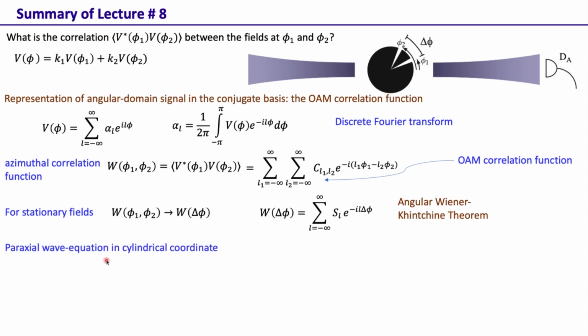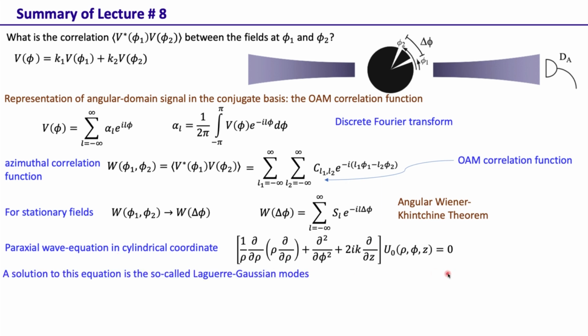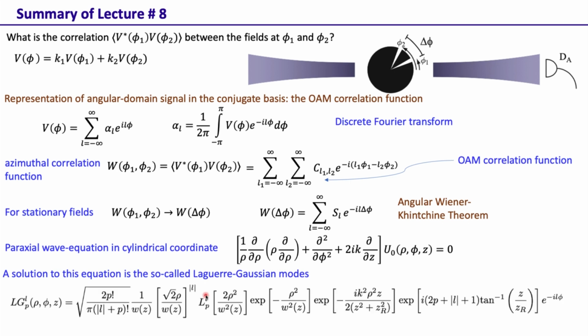Okay, then in order to find the physical mode that represents this e to the i L phi type mathematical mode, we looked at the paraxial wave equation in cylindrical coordinates. We also saw that a solution to this equation is the so-called Laguerre-Gaussian mode, which is given like this. Of course, this solution is a function of rho, phi and z, and this is a complete set of solutions,